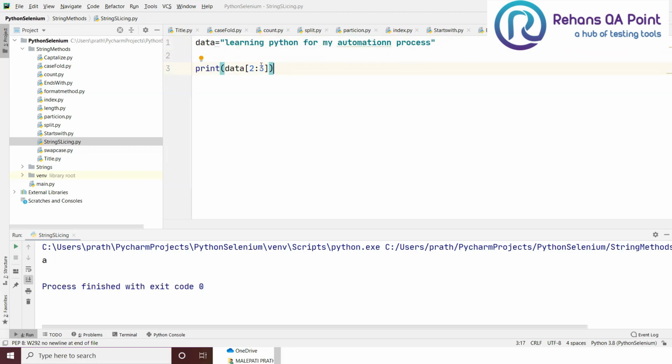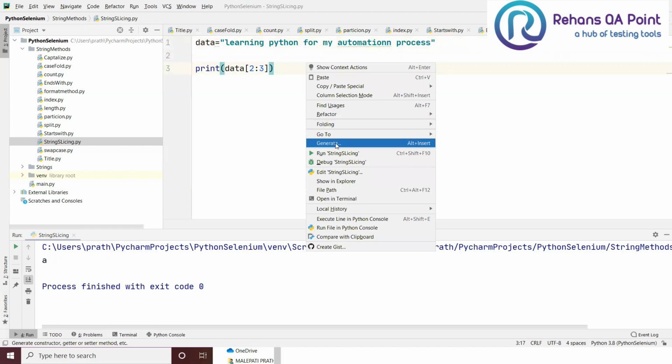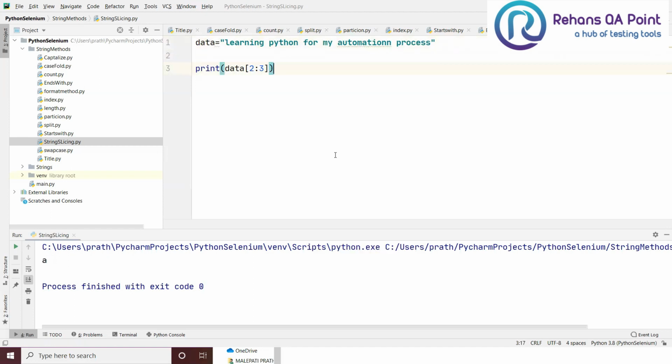So remember that the length of characters must be greater than your index number. Then only you can get a sequence of characters. Like this we can crop any string to get a sequence of characters.